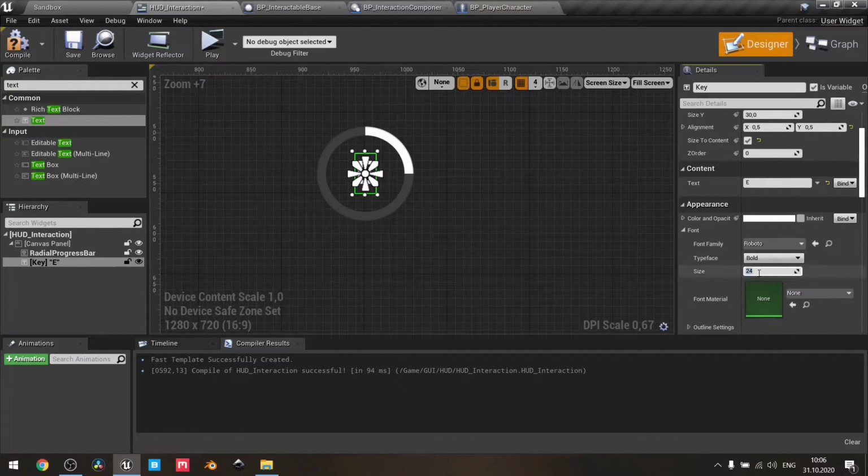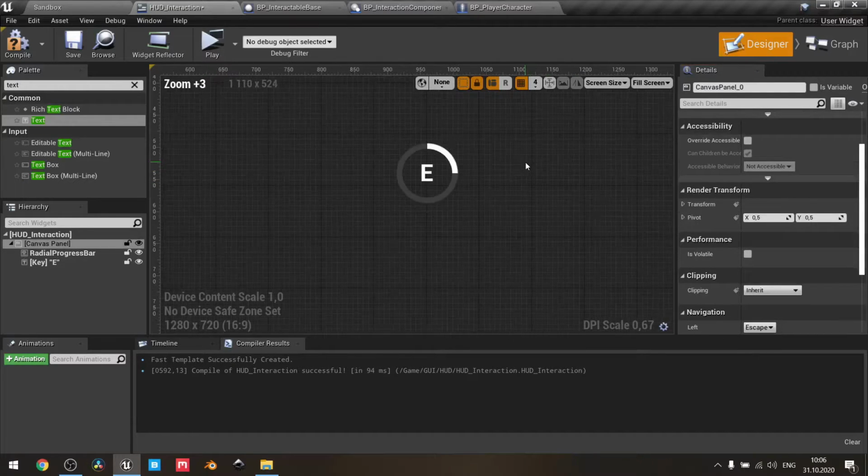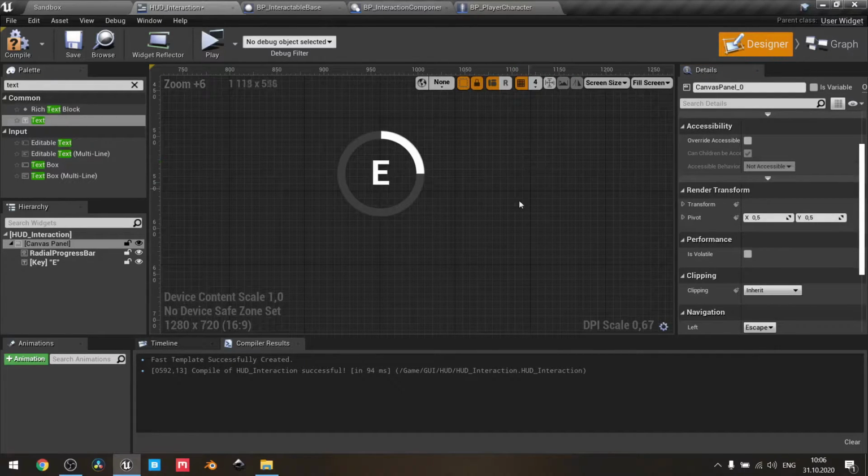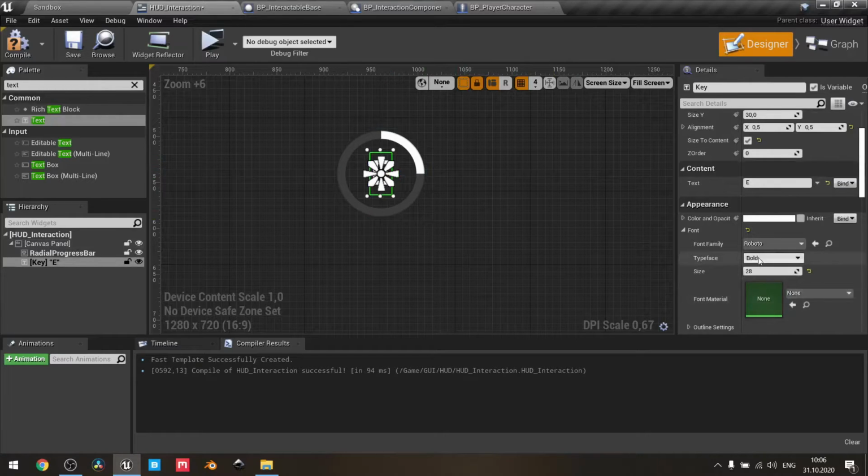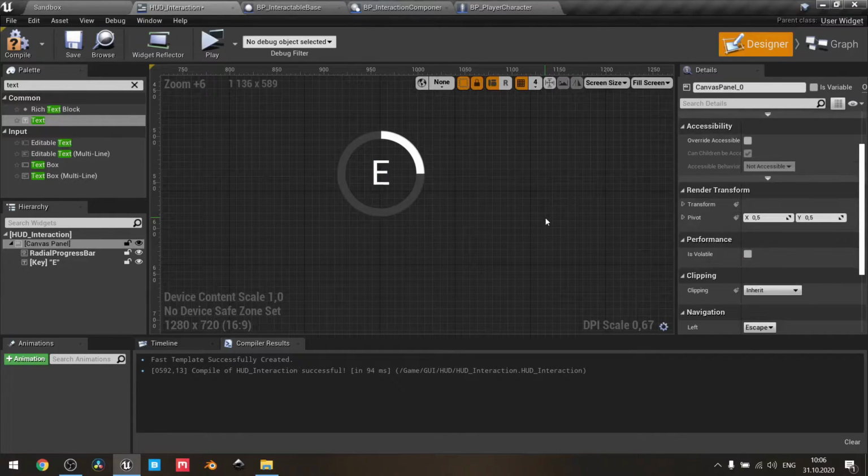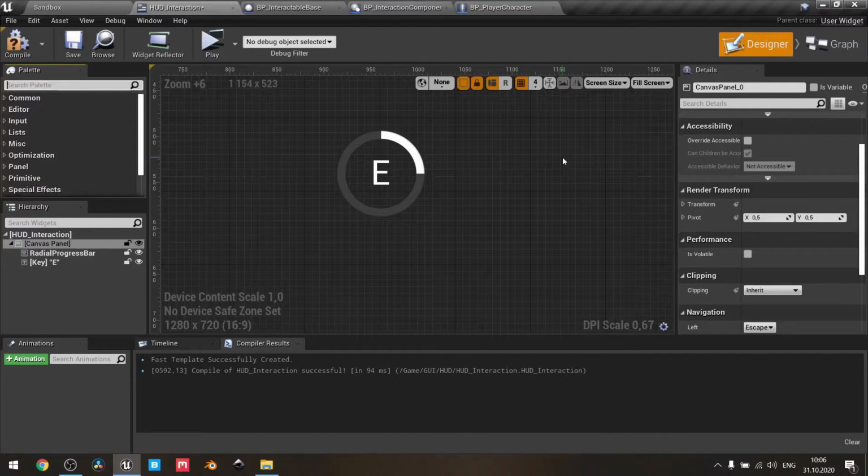Just change the size of the font from 24 to 28. Well, I like the result. Maybe not bold typeface, but regular one. Yeah. Now let's go back to the graph and create a function